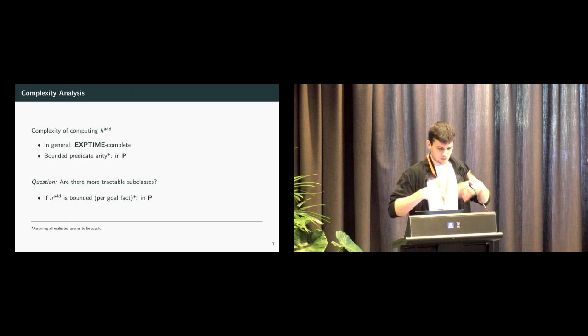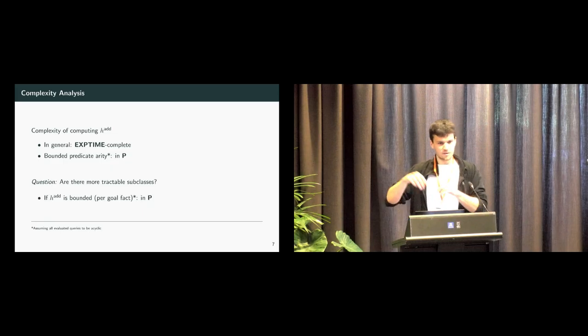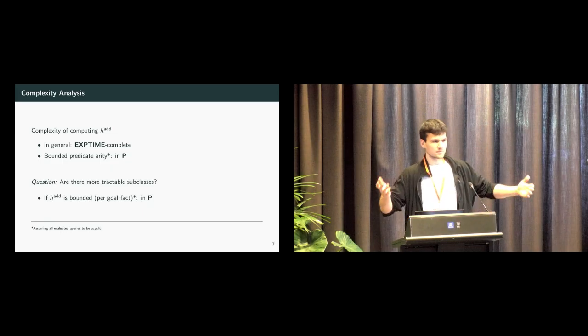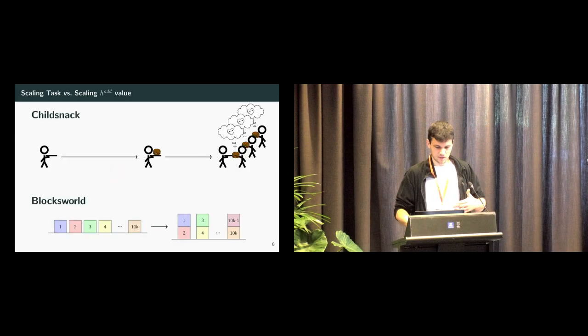So the concrete property we specified is that if the h@ value is bounded per goal effect, we are able to derive a polynomial time procedure. And I think if you read this for the first time, you think, why would you care if the heuristic value is bounded? But this bounded per goal effect really makes a big difference,